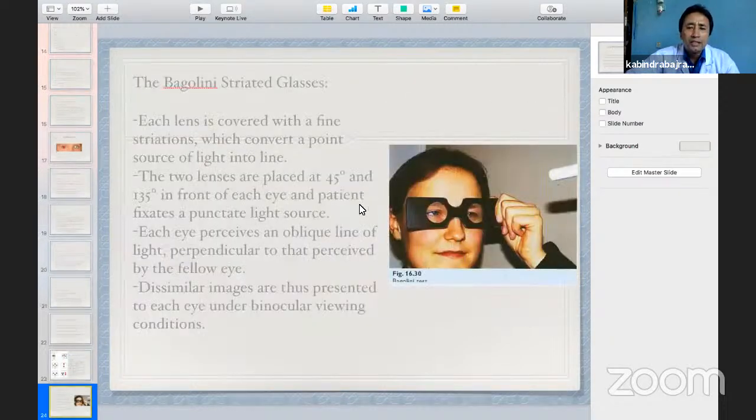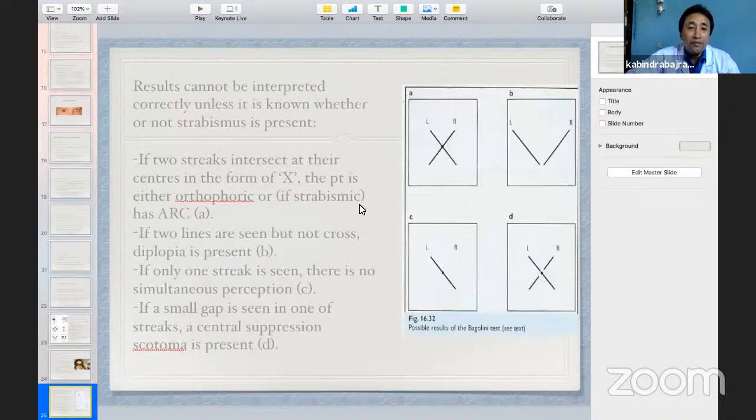Similarly, the Bagolini striated glass consists of fine striations, which convert a source of light into a line. The lenses are placed at 45 and 135 degrees, perpendicular to each other. When the patient looks through that glass, the patient will see 2 crossed lines. On the basis of what the patient is seeing, we can interpret: in case of aligned orthotropic eyes and abnormal retinal correspondence, the patient will see an X crossed line. Whereas if 2 lines are separated, then the patient is having diplopia. And if 1 line is seen at a time, there is suppression or simultaneous perception. And if centrally there is some gap, then the patient is having a central suppression scotoma, for example in case of monofixation